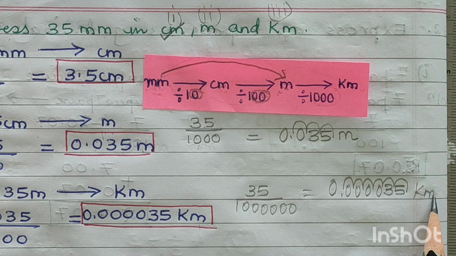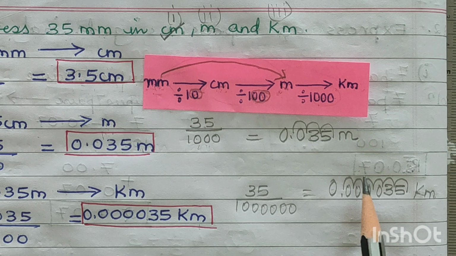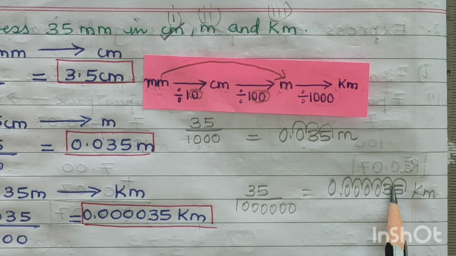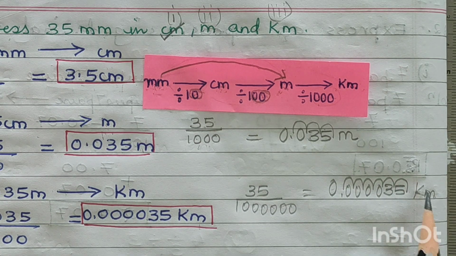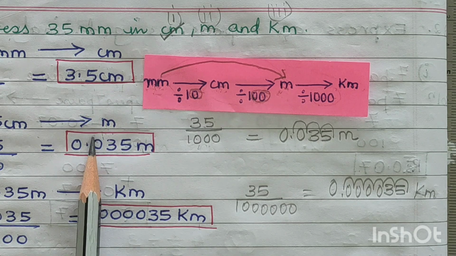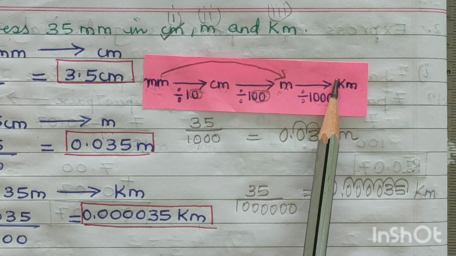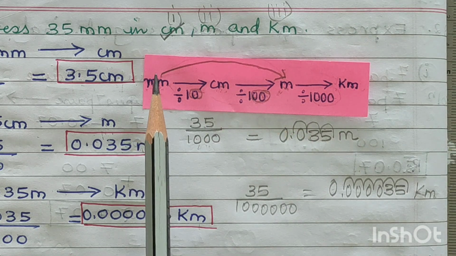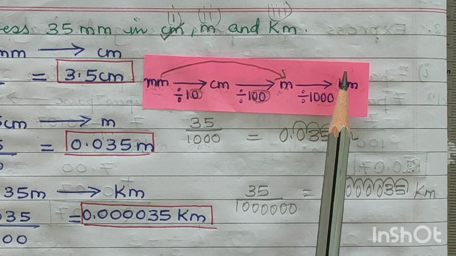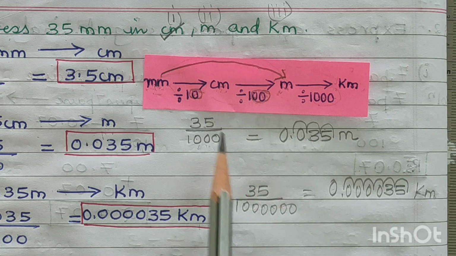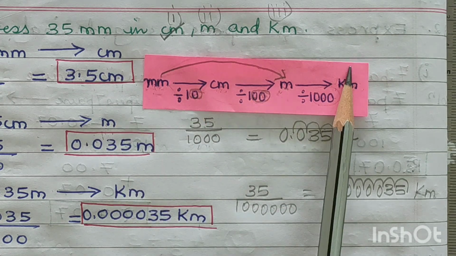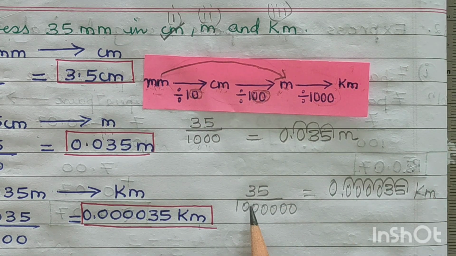Check your answer. Isn't this answer the same as this answer? Here we did stepwise, one step at a time. One step, second step and third step. Ultimately we have moved converting from here to here. But in this case, we are directly converting from here to here. I am just showing you the possibilities of the steps in which you could solve your problem.